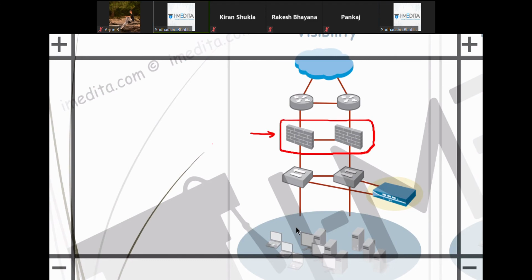Palo Alto's security engineers even use this in their product demonstrations to show what your traditional firewall is sometimes missing.